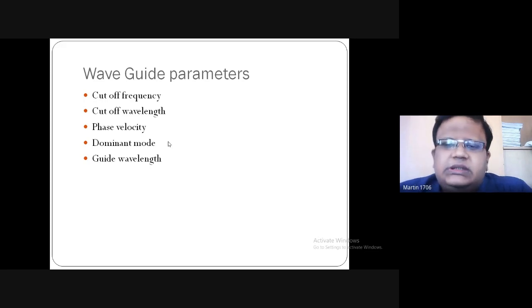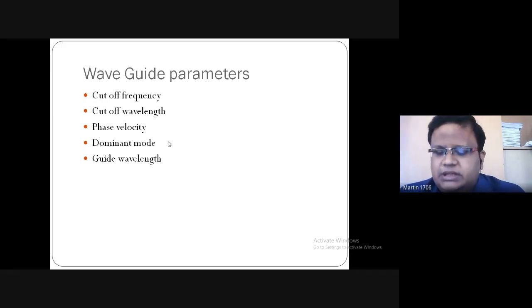The two signals are coherent, and it becomes an interference at the output side. In the same way the phase velocity also: the velocity is a rate of change of acceleration, but it is about how the phase component comes. And a dominant mode, as I told,